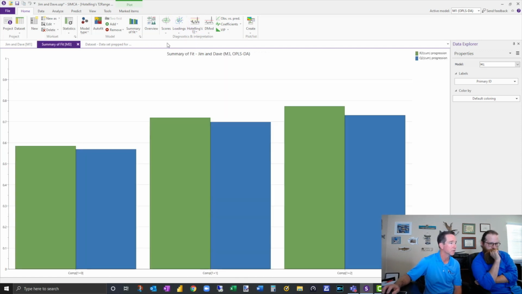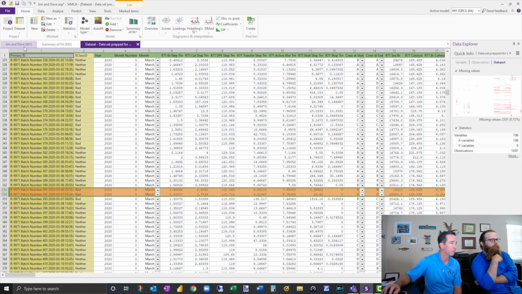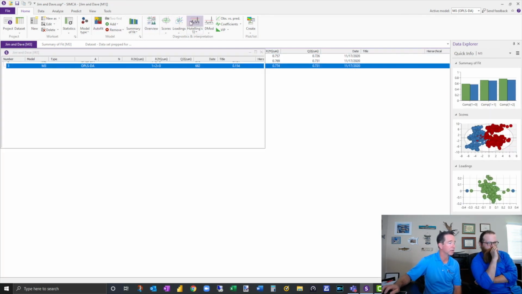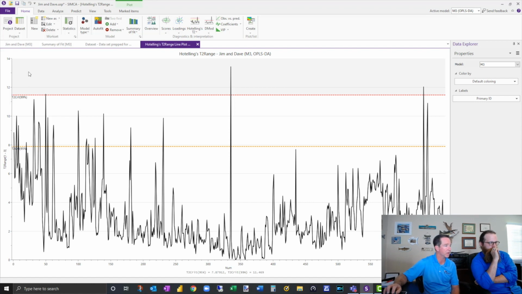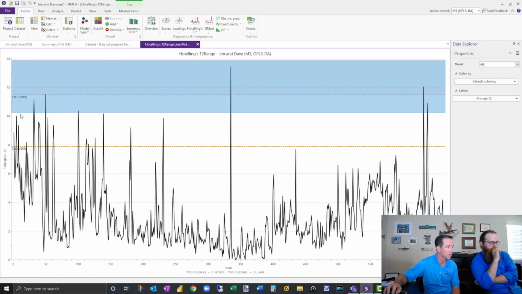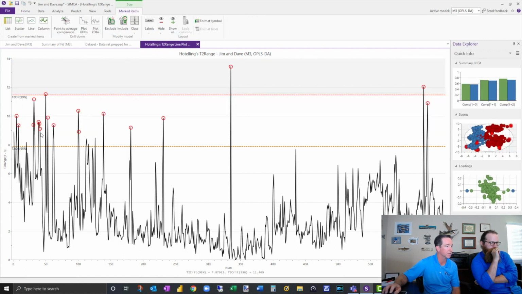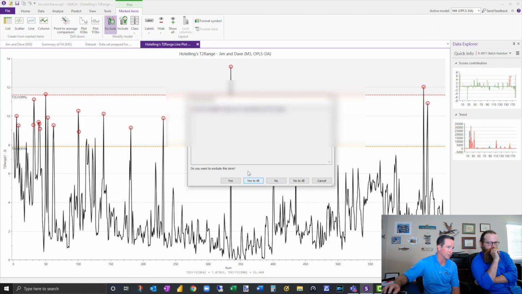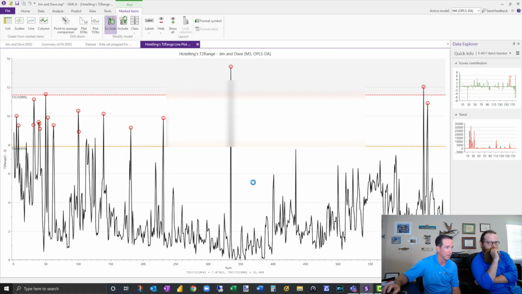Make sure I actually have the right one. I'm going to do a Hotelling's on this one. Okay, we're looking better. We're getting things kind of in. I'm going to come down and get some of these, and like I said, I've done the research. And hey, here's one that only has 2 different values. I'm going to exclude that one.